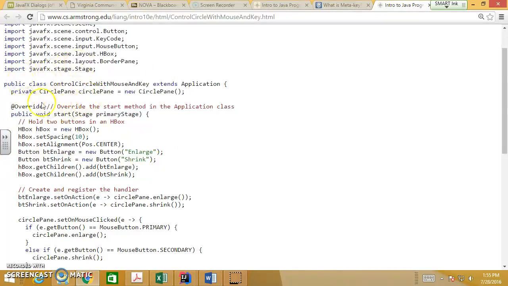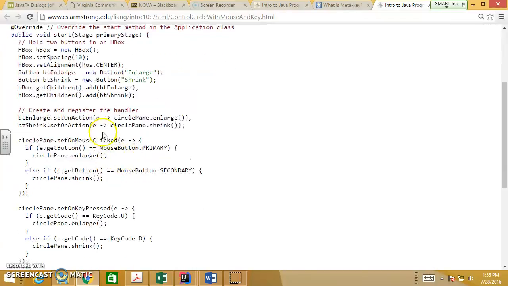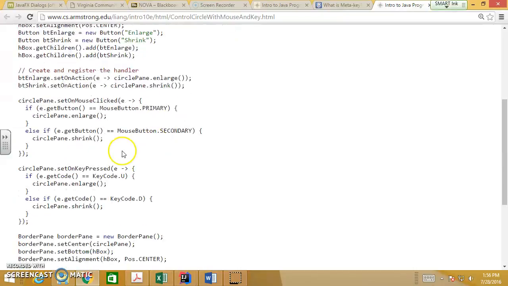We create a circle, the same circle that we were using, and the enlarge and shrink buttons. All right, we add those buttons. We use lambda to link to the enlarge and shrink. Now, we also want to make the circle pane